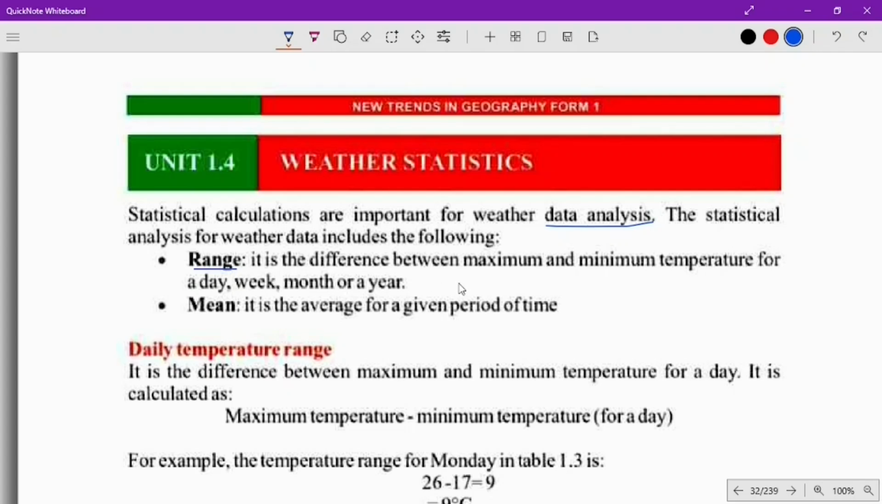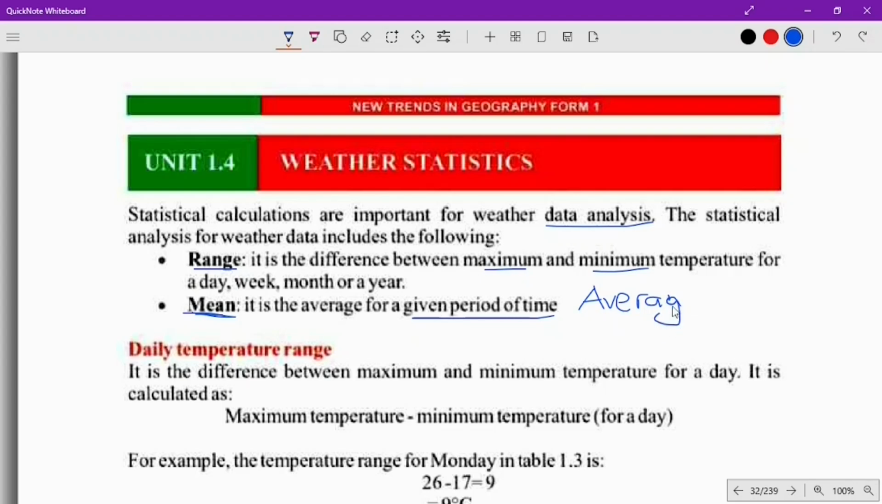It is the difference between the maximum and the minimum temperature for a day, a week, a month, a year, or over a period of years. Mean is the average for a given period of time. So if you find this word mean, it means average. While range means the difference between,